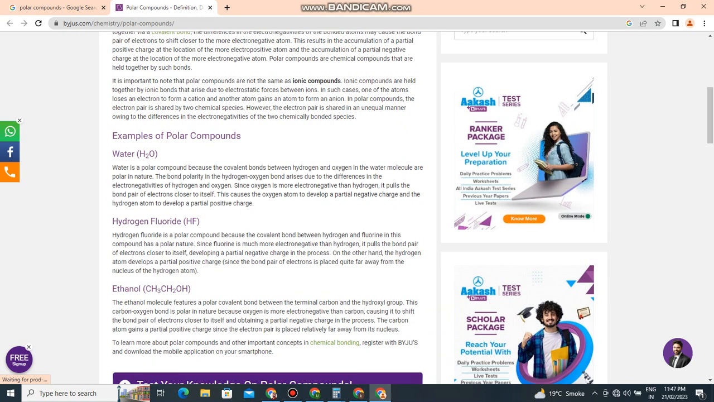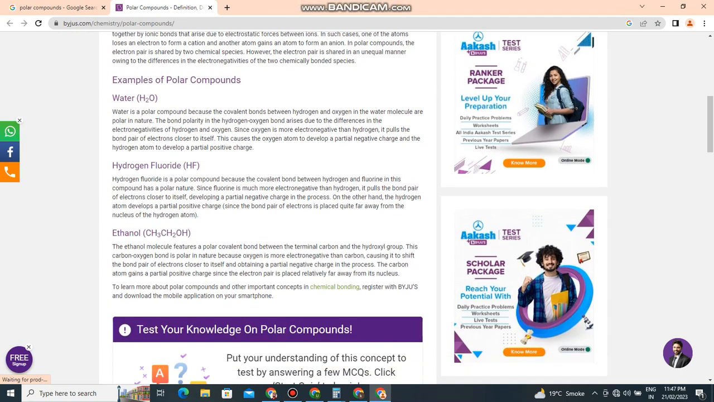It is important to note that polar compounds are not the same as ionic compounds. Ionic compounds are held together by ionic bonds that arise due to electrostatic force between ions. In such a case, one of the atoms loses an electron to form a cation, and another atom gains an electron to form an anion. In polar compounds, the electron pair is shared by two chemical species. However, the electron pair is shared in a